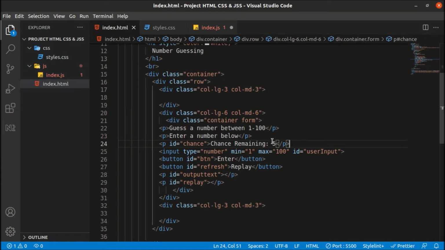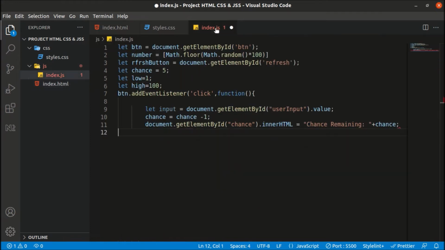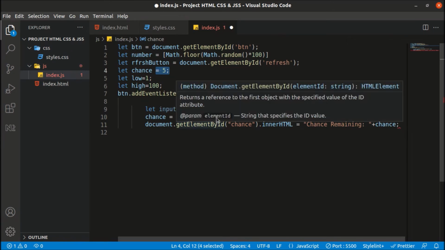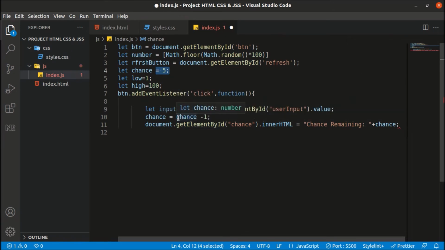So I will change the value of 5 using a variable called chance. The variable is chance, which is originally set to 5, and each time a user clicks on the enter button by giving a user input, it will decrease by 1 and replace the content here.